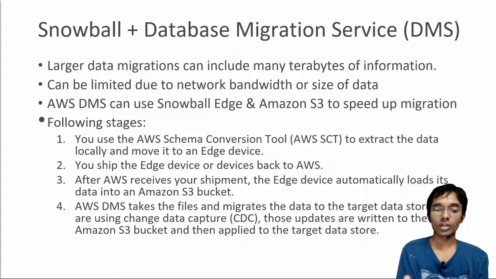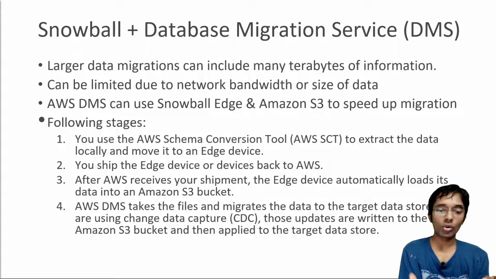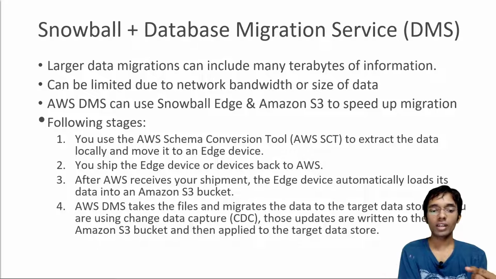So how does that work? The following stages happen in that case. First, you are going to use the AWS Schema Conversion Tool, SCT, to extract the data locally. So we are talking about on-premise, and then we copy it into a Snowball Edge device. Then you ship the Snowball Edge device back to AWS, and after AWS receives your shipment, the Snowball Edge device will automatically load its data into an Amazon S3 bucket, and then DMS will kick in